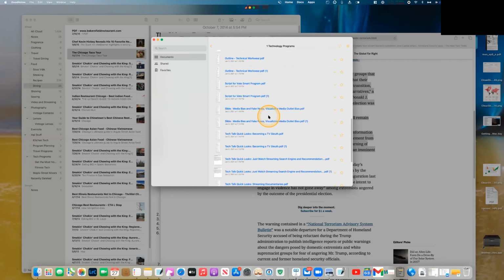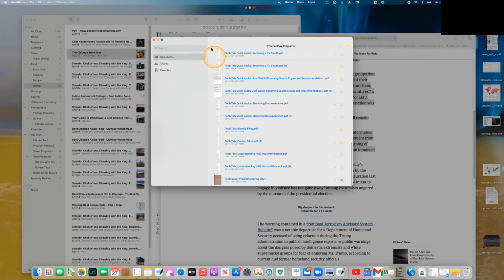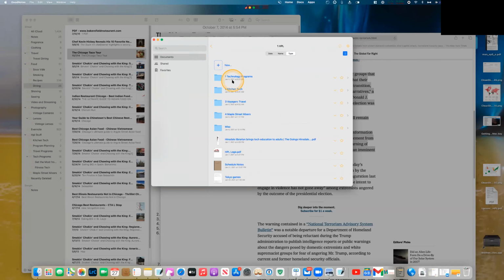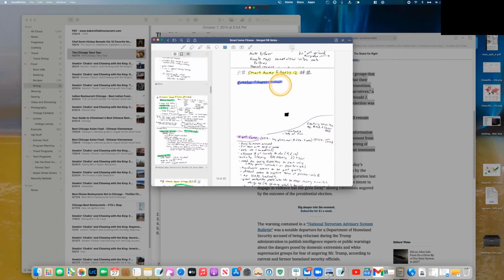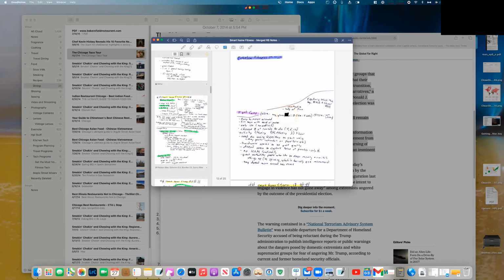I'm trying to find one of my handwritten notes that I did on my iPad. So it syncs with your iPad or your iPhone, so everything is always up to date. Yeah, here we go. My handwriting is pretty bad, but you can see that I've got all this handwriting here, and you can use these tools